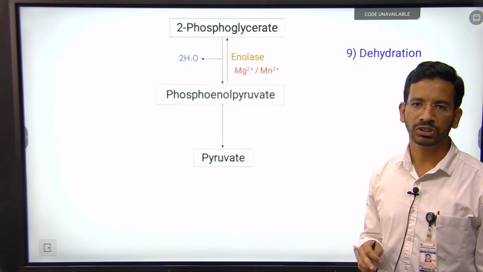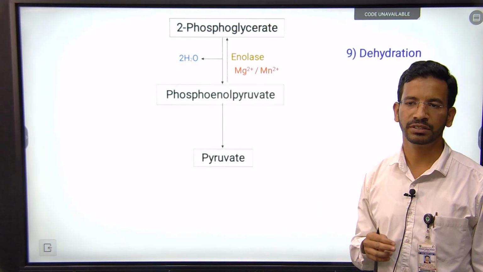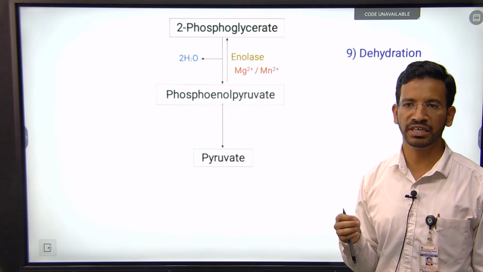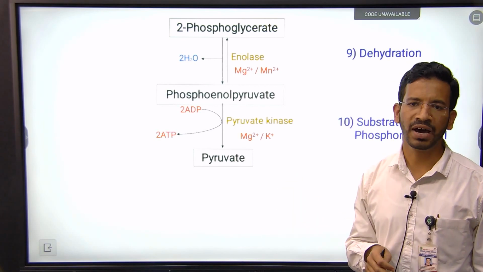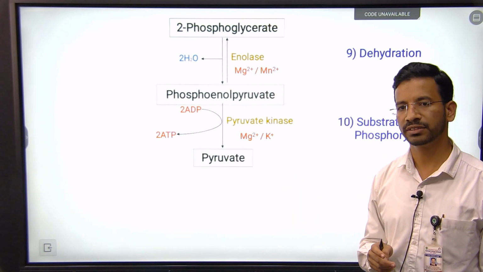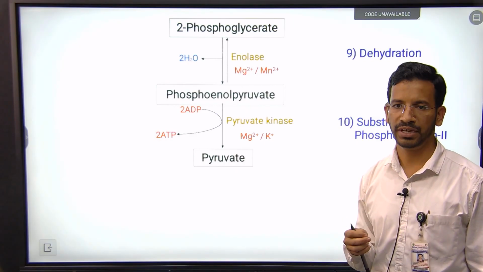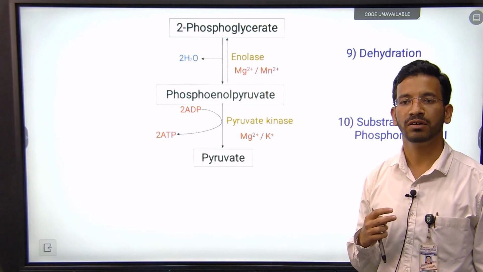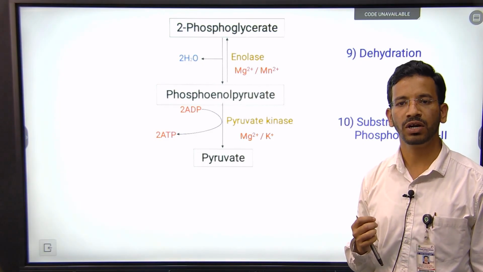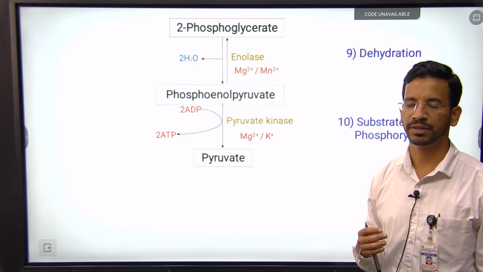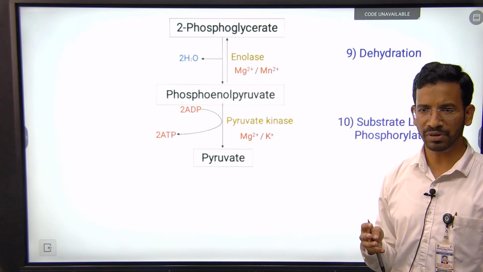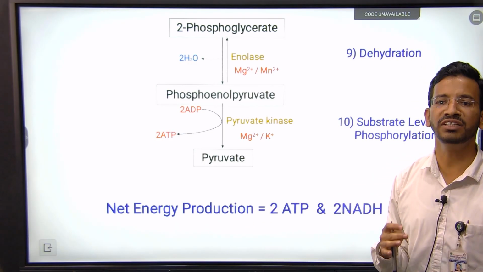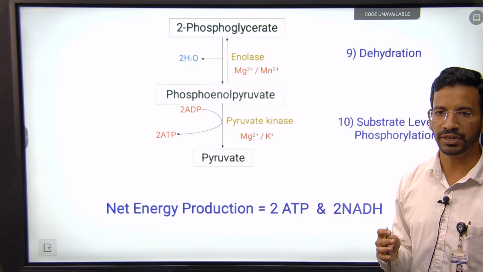Next, phosphoenol pyruvate is finally converted into pyruvate, and the key enzyme is pyruvate kinase, which also requires magnesium ions or potassium ions for its activity. In this reaction, two ATPs are formed. So this is also called substrate level phosphorylation. We should remember that in this total process, net energy production is 2 ATP and 2